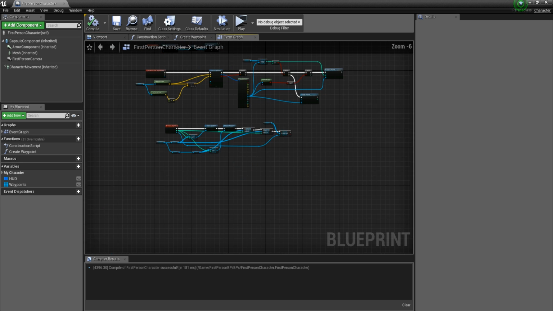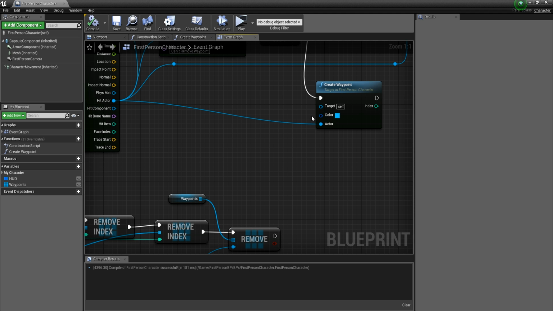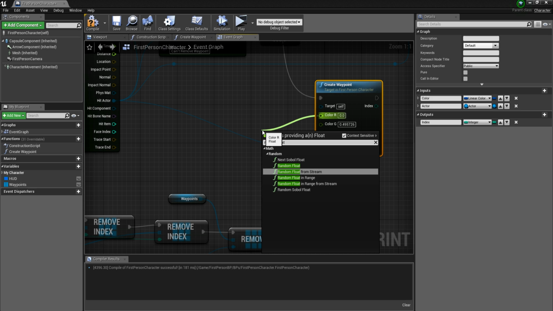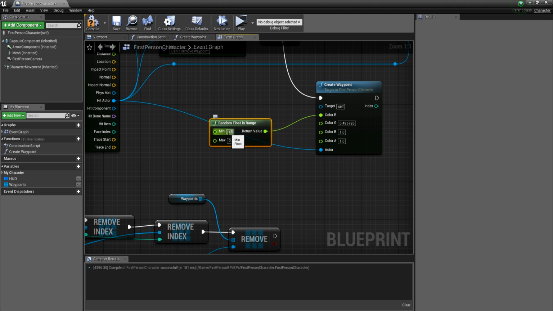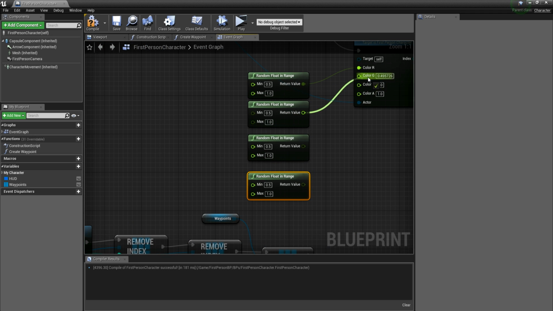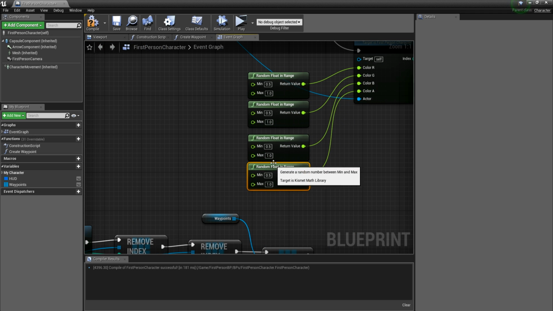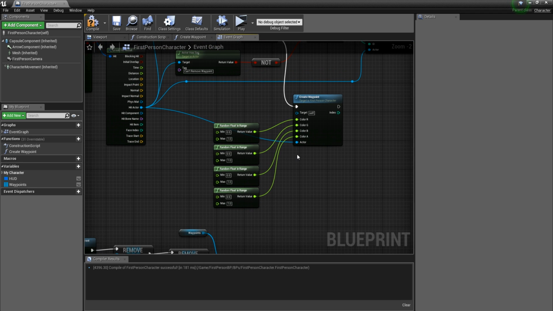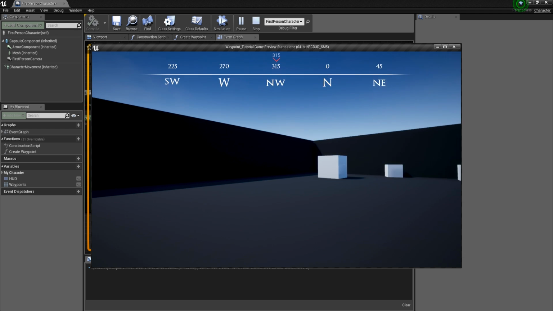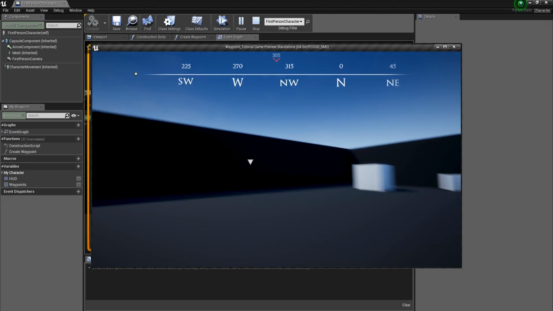Okay, now one thing for our fun, let's go to color and let's break this down, and let's make here random float in range from 0.5 to 1. Copy this multiple times and set this in here. So now we're going to have random colors every time. Of course, you don't want this for your game. You might have an array of colors, and you can use those depending on how many waypoints you already have. So every time you increment to the next color, or based on the importance of the item, the quest, or whatever there is. Okay, let's press Q, and now we can see we have an error, and that is because